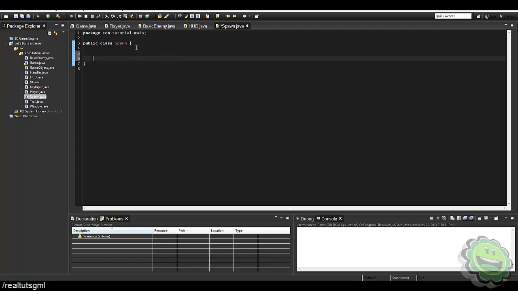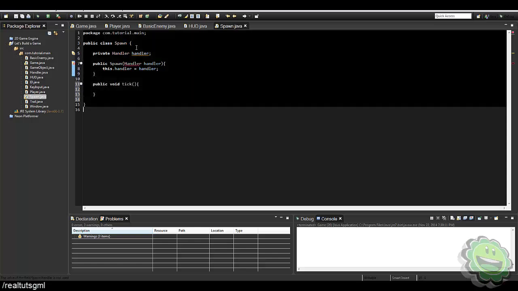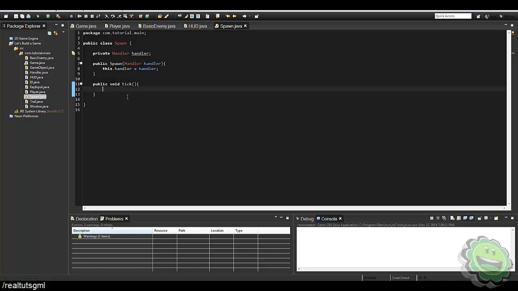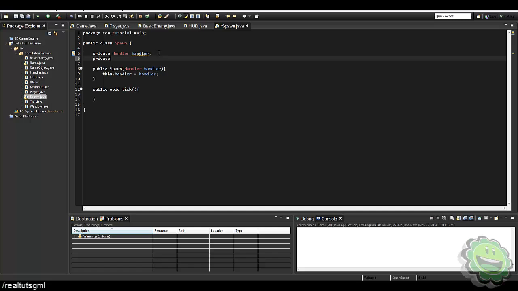Alright, and in here we're going to need our handler class. So private, or I'm sorry, let's create the constructor. So public Spawn, and have the handler parameter, and this.handler equals handler, because we're going to need to spawn these. And then we're going to have a tick method,